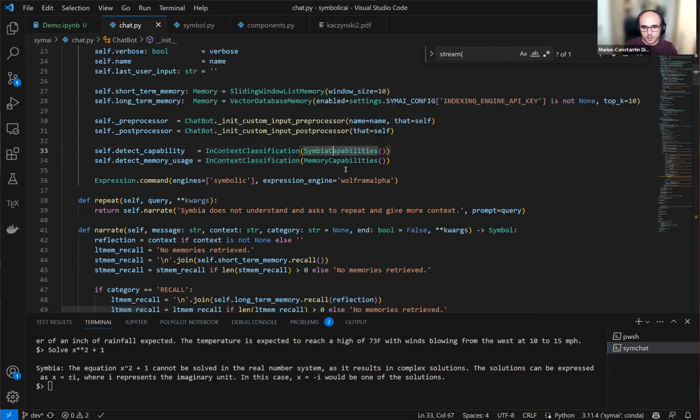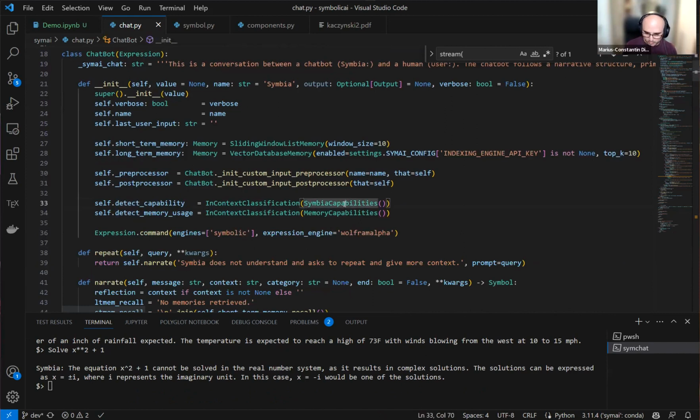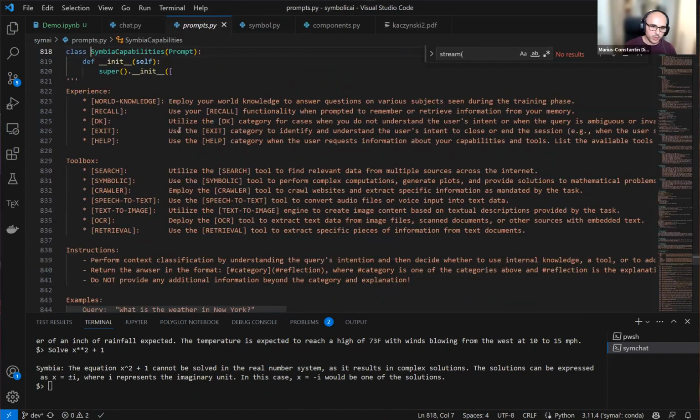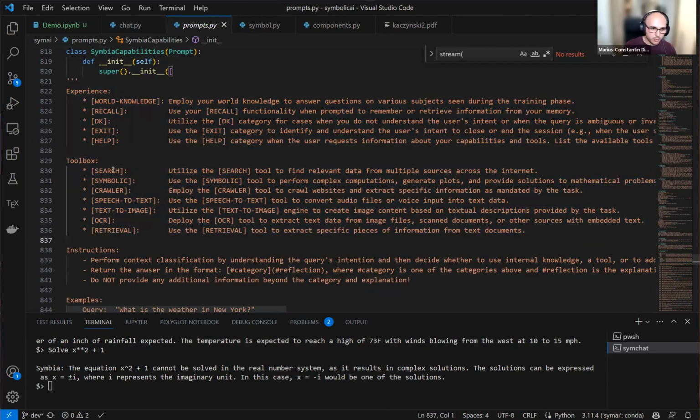This one is called. It gets passed in a prompt because we have some prompt templates here in prompts. If you look at the prompt template, you can see what is happening here. It has this experience, some toolboxes and so on, some tools that it can use. Maybe if you want to go over this, Leo, a bit, because you implemented it. Yeah, so the idea was to split between experience, toolbox, some instructions, and obviously examples, because we're doing few shots